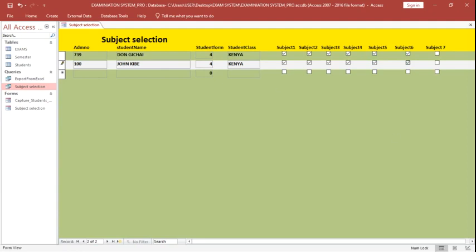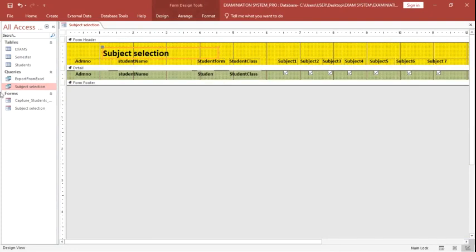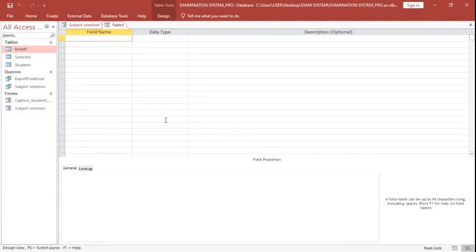But it is also advisable for us to put the subject labels here, rather than having subject 1, subject 2, subject 3. So guys, what we need to do is go to this point here. We can create another table called subjects, so that we can have that. Just go to create, then table. We create a table called